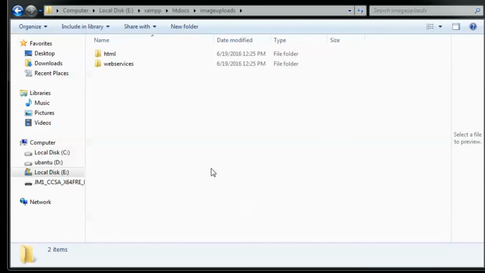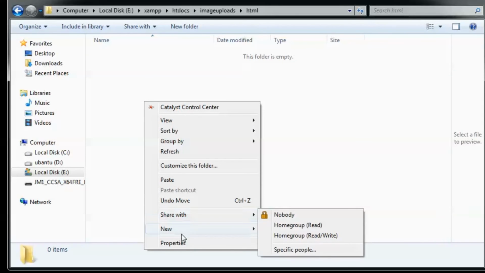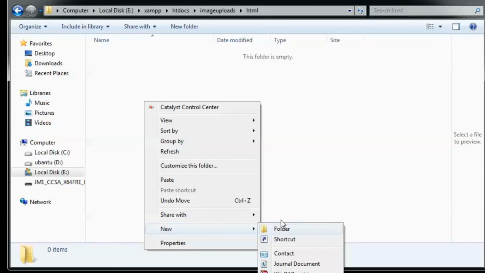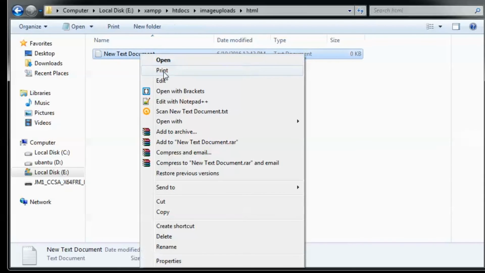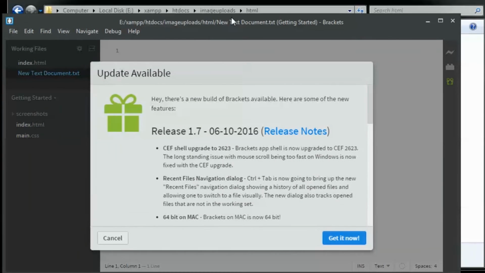So guys, let me create a new HTML file in the HTML folder. I'm just creating separate folders so that it will be easier for you to understand and not confusing. I'm going to create a text document, and actually I'm going to open it with Brackets. So here we have Brackets.